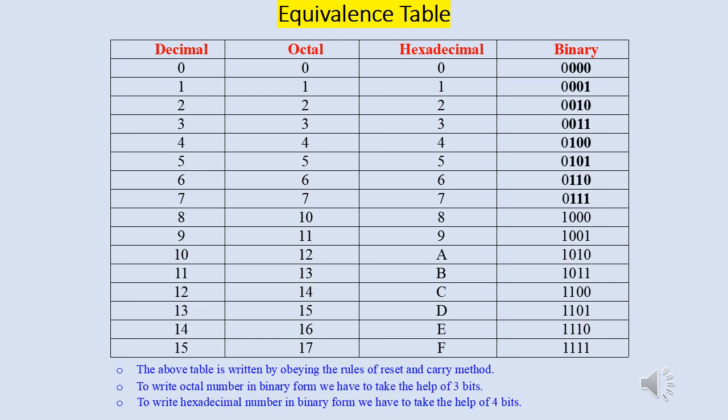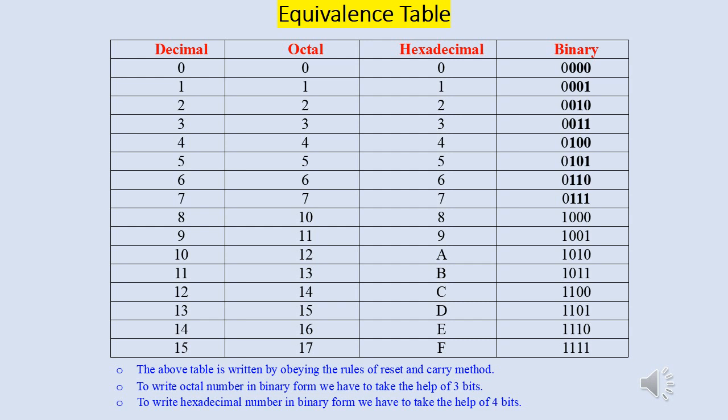Here you can have a look at the equivalence table. In this, the numbers are written using the rule of reset and carry, or what we also call the rule of the odometer. That is, all possible numbers are written one after another. When it reaches the last symbol, it comes back to 0 and is forwarded by 1 to its next higher bit. So, in the decimal number system, as we have 10 distinct notations, the numbers are written from 0 to 9, then the first bit is again initialized to 0 and the higher bit is incremented by 1, and then we have taken up to 15.